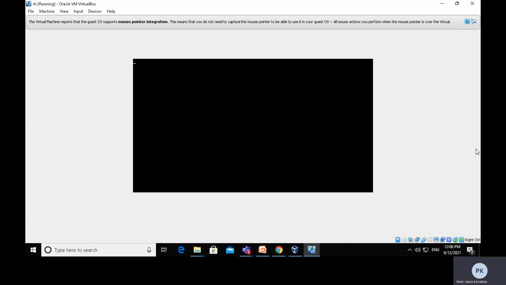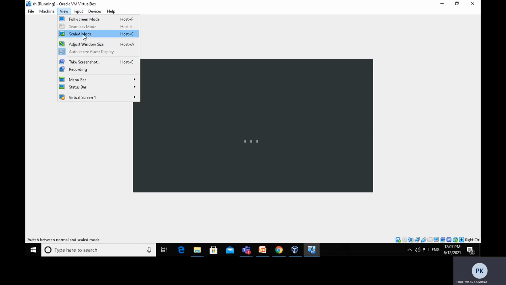Now the operating system starts booting. Because it is running on virtual machine software, the size of the window will be smaller. Although you can change the layout of the graphical user interface, if you want to scale up, you can scale. In the virtual machine, there are so many options available. In the view section, you can use scale mode, move, and resize your virtual machine or screen size.